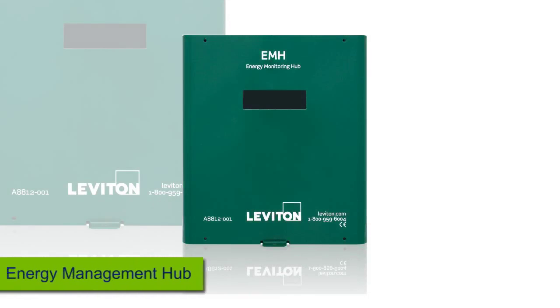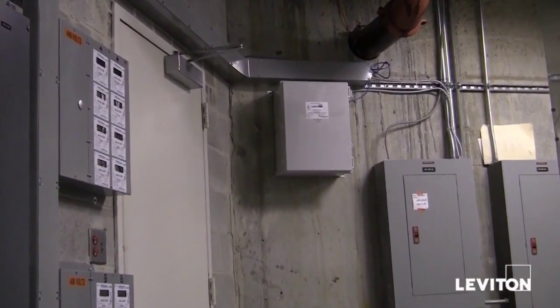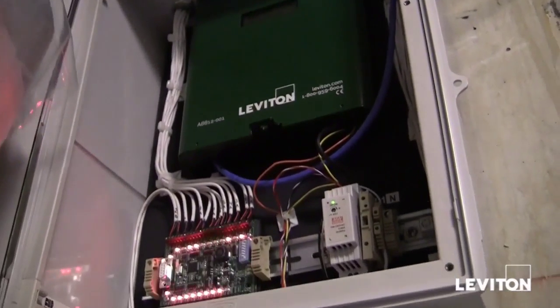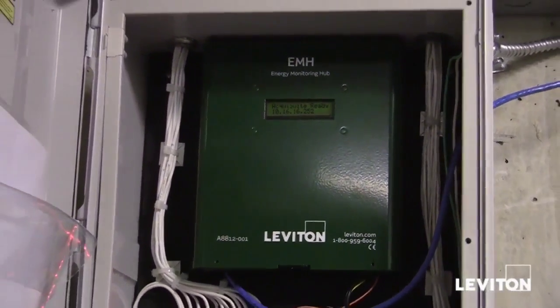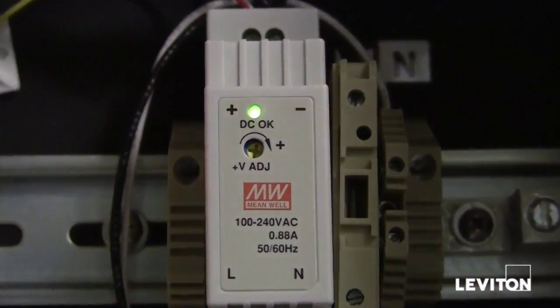Now that we've seen the submeter installation, let's take a look at our second key component in our Leviton metering solution, the Energy Management Hub. The Energy Management Hub provides data collection for meters installed at a property. The hub can interface with Leviton energy meters along with other previously installed electric, gas, water meters that may be found on the property. The interface collects, formats, and stores data for use by the Leviton Energy Manager software or